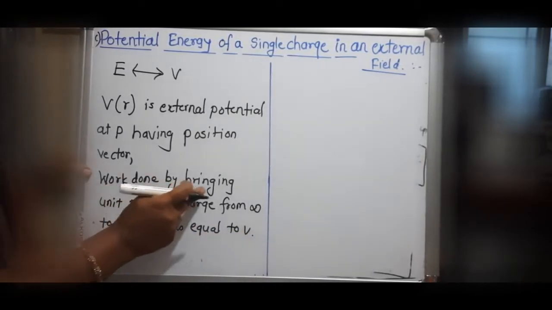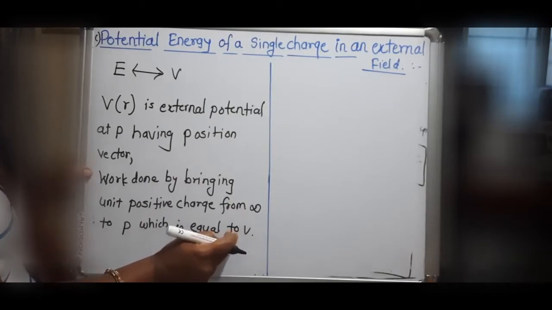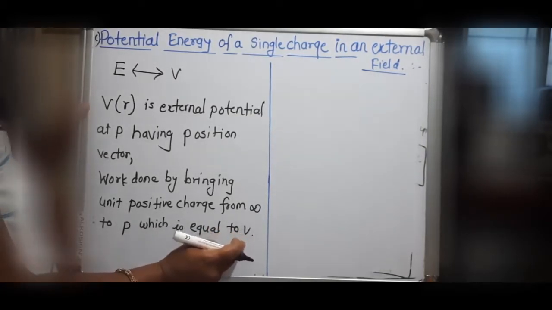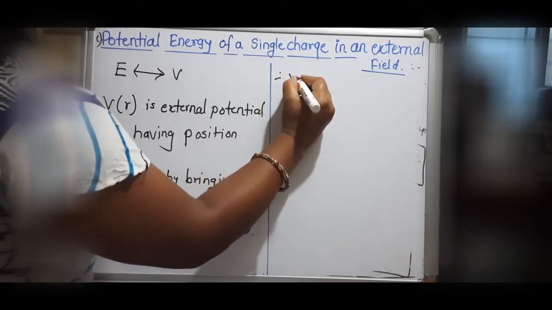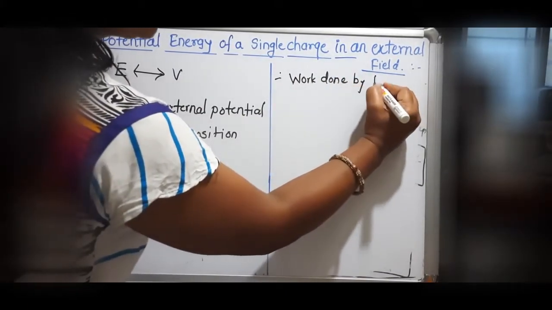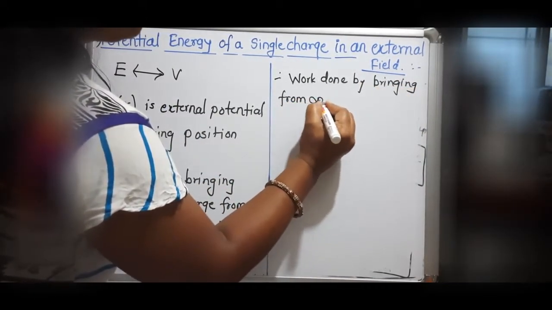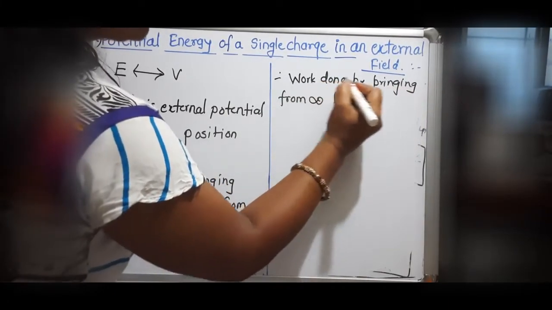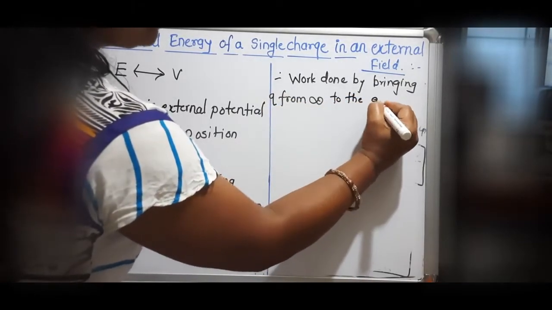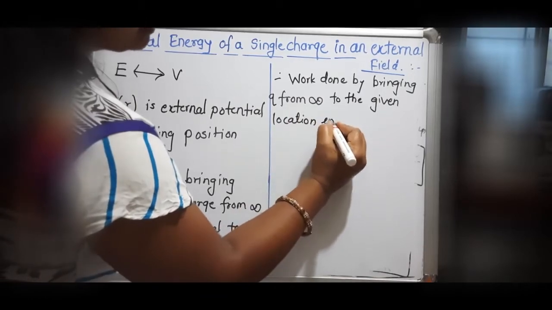So the work done by bringing a unit positive charge from infinity to point P is equal to V. Therefore, the work done by bringing charge Q from infinity to the given location in an external field